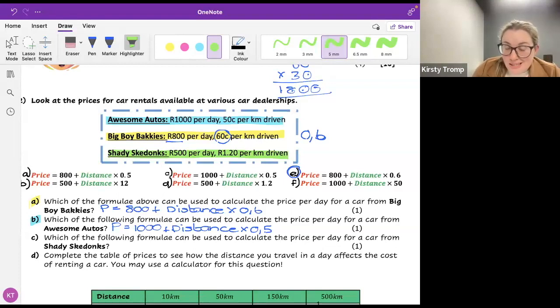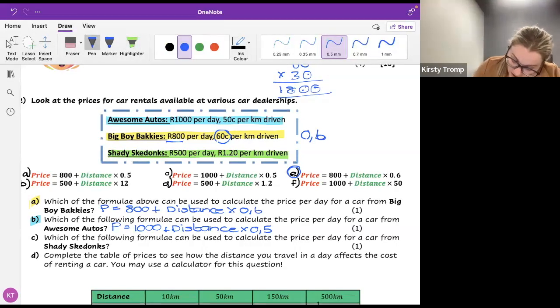Already in a decimal. All right, so this one is quite nice already. Okay, no cents, no working with rands and cents this time. So I'm going to do this one quickly for us. We're looking for the one that's got 500 plus distance times 1,2. So that's going to be D. So I'm going to have P is equal to 500 plus distance times by